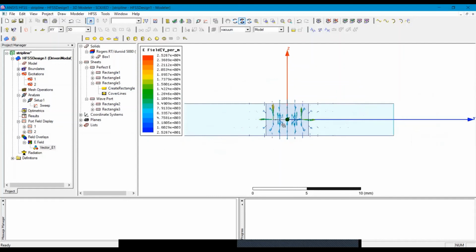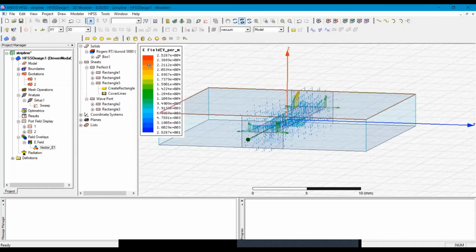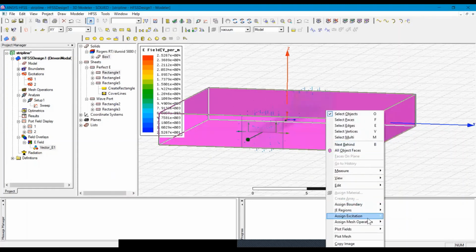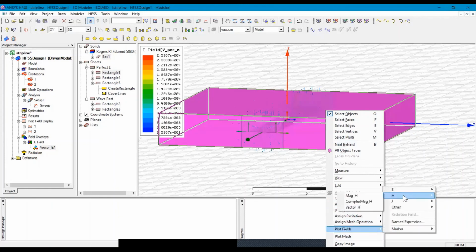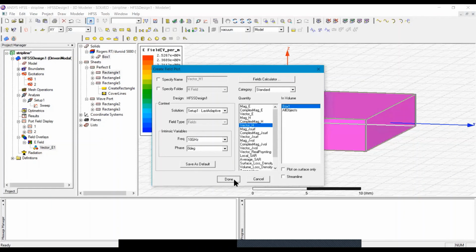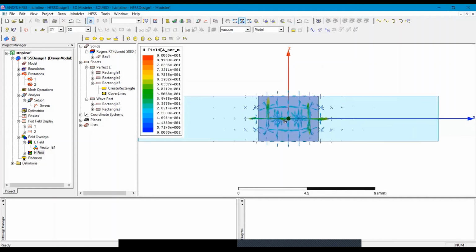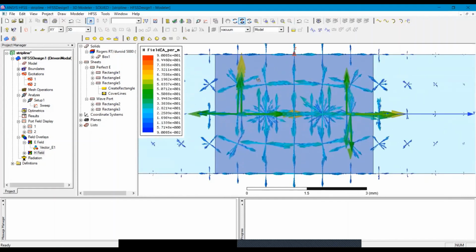So again I will select, right click, plot fields, magnetic field, vector H. So you can see that these circular arrows are representing the magnetic field lines and these vertical arrows are representing the electric field lines.